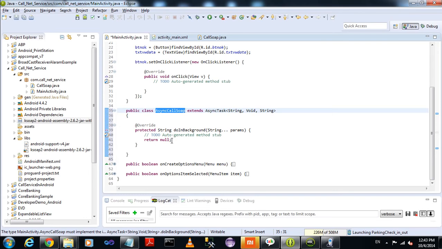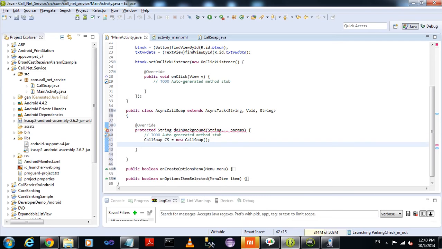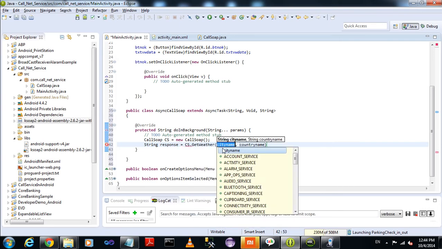In the doInBackground method, call your service method. Just create the CallSoap object here. The object name is cs, and initialize the class also. Now create a variable response, cs.getWeather, and just pass the parameters.